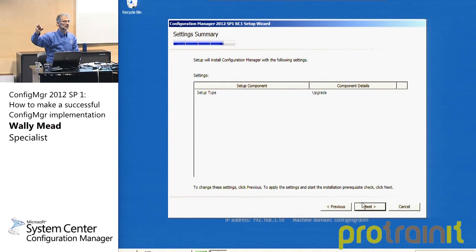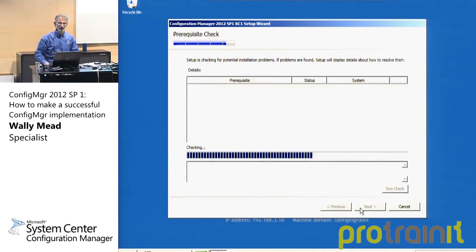do you want the admin console installed? Then we ask you about SQL Server stuff. We ask you if you're going to be a standalone site or a site in a hierarchy. We ask you where the providers can install, whether you use HTTP or HTTPS. We ask you a bunch more questions for a clean install. I'm doing an upgrade, so it doesn't ask me anything else. I just go ahead and click next,